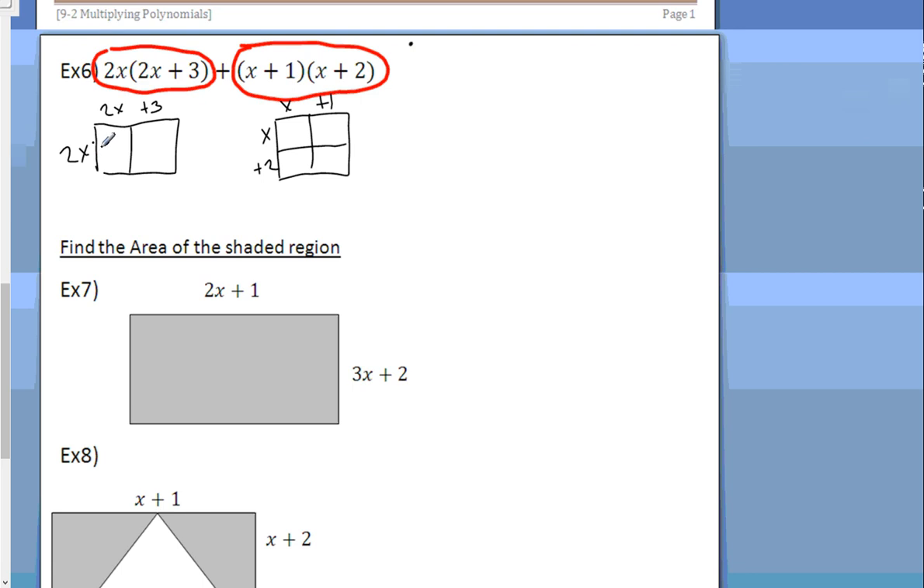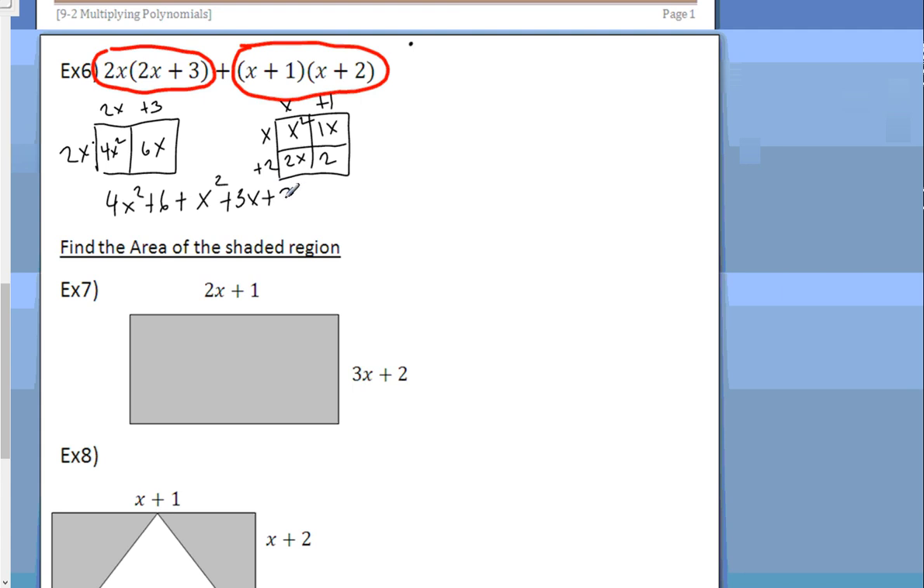2x times 2x is 4x squared. 2x times 3 is 6x. x times x, x squared. x times 1 is 1x. x times 2 is 2x. And 2 times 1 is 2. So what do I get here? I get 4x squared plus 6x plus x squared. 1x plus 2x, because remember I can add diagonals, is 3x